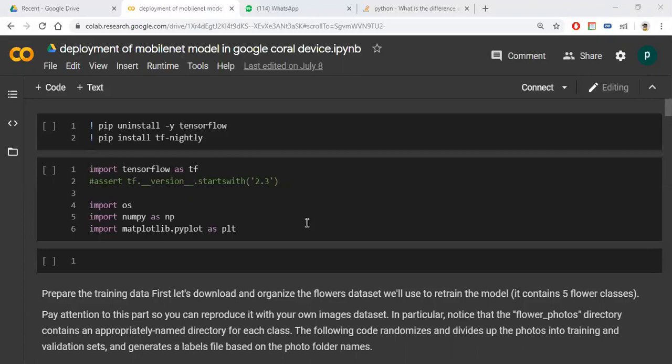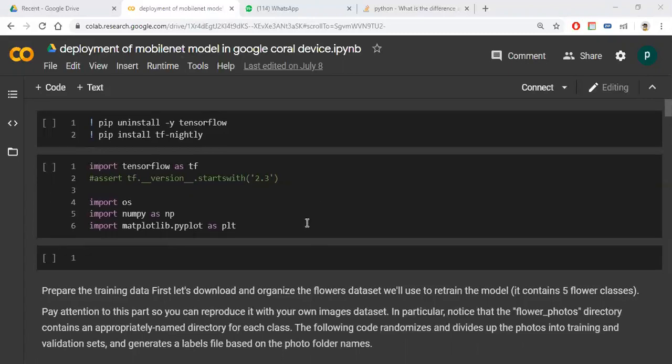So today I discuss how to deploy a model in a Google Coral device. Starting, we are uninstalling the TensorFlow and installing TensorFlow nightly.